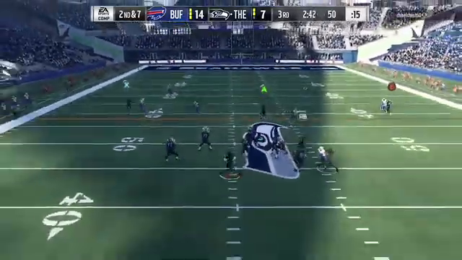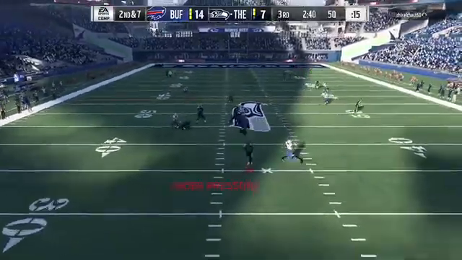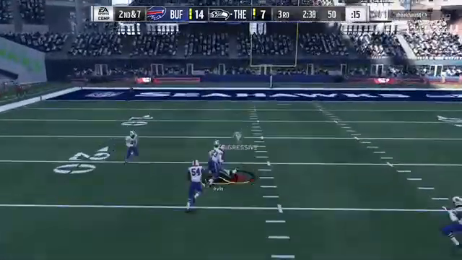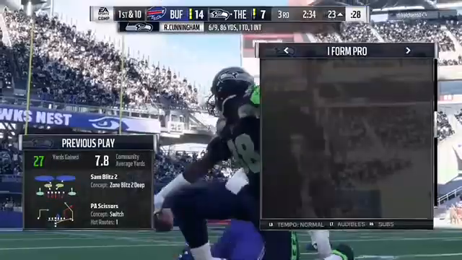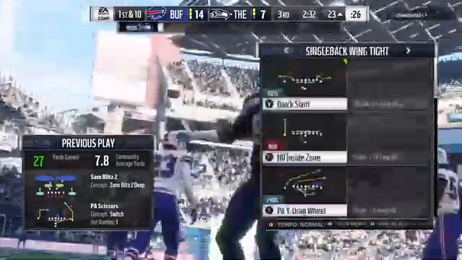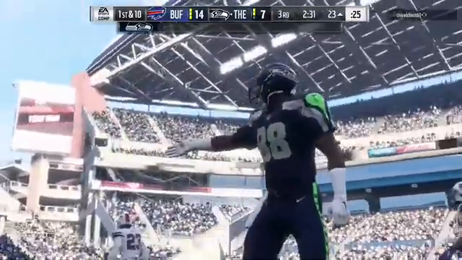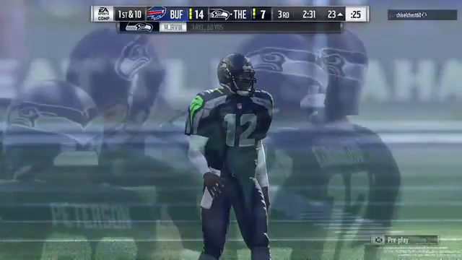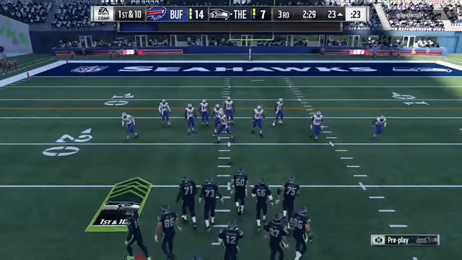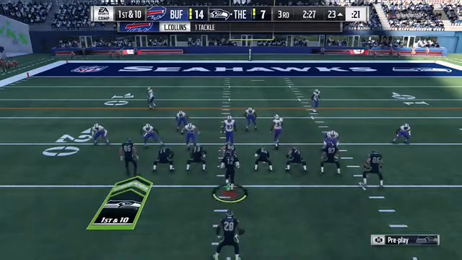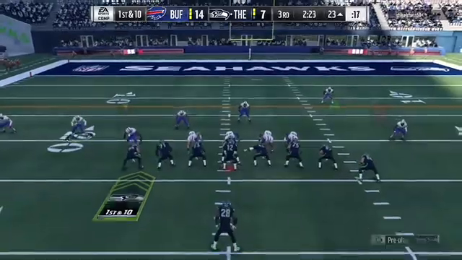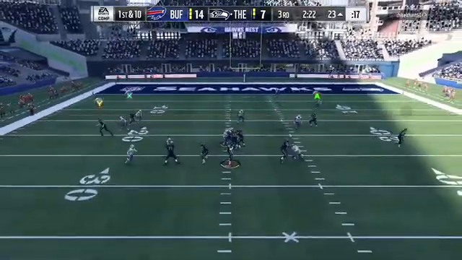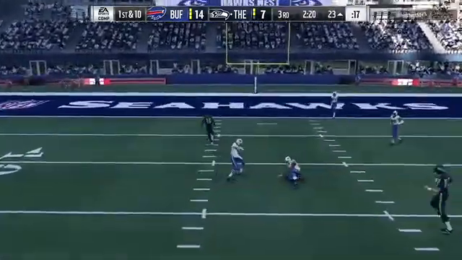From the midfield stripe, they'll look to throw. Got a man over the middle, and it's complete. A very solid gain of 27. And at this stage, down in the second half, looks like they just wanted to find a way to get it in the hands of their playmaker, and they did. I think you're exactly right. I don't think the coordinator's looking at his play sheet and trying to figure out which play will work well. He's trying to figure out how to get the ball to the playmaker that you just described.